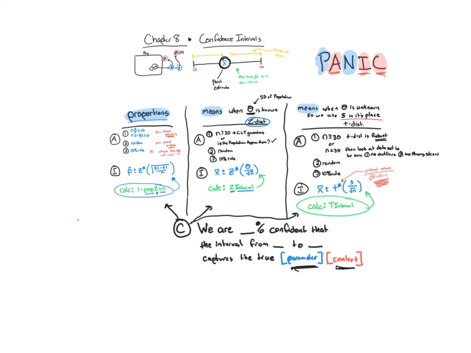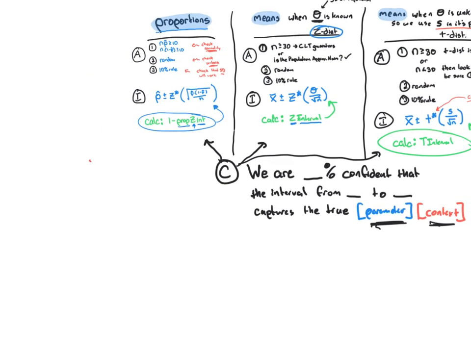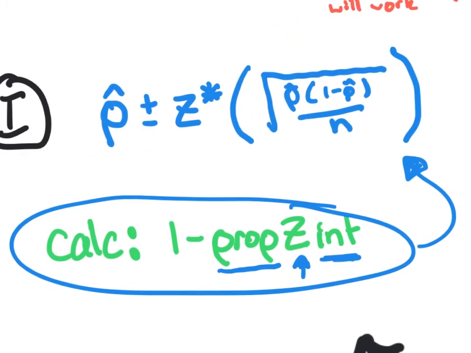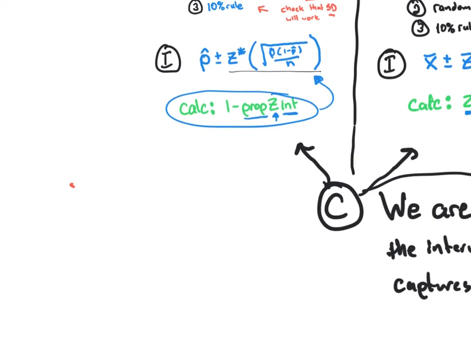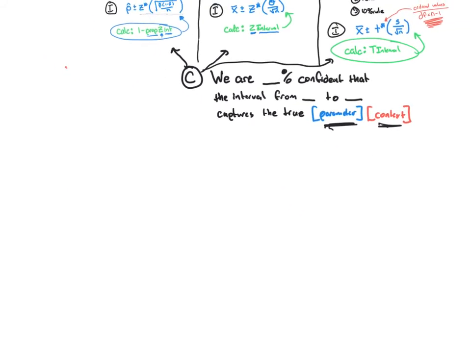Now, there are some problems where we have to work backwards on these. So if I'm going to work backwards, working backwards is all about the margin of error. Remember, the margin of error is the distance. So if I really highlight in on this, the distance is the thing that comes after the plus or minus. So this is how those work. They're always going to give you a margin of error. So if it's for proportions, you would put margin of error,